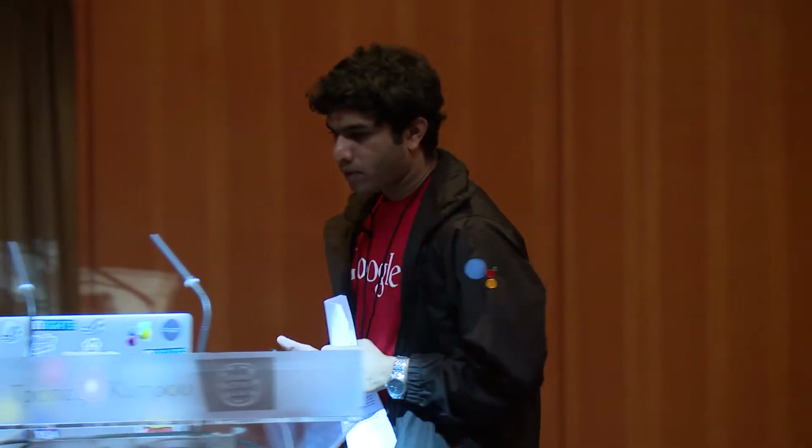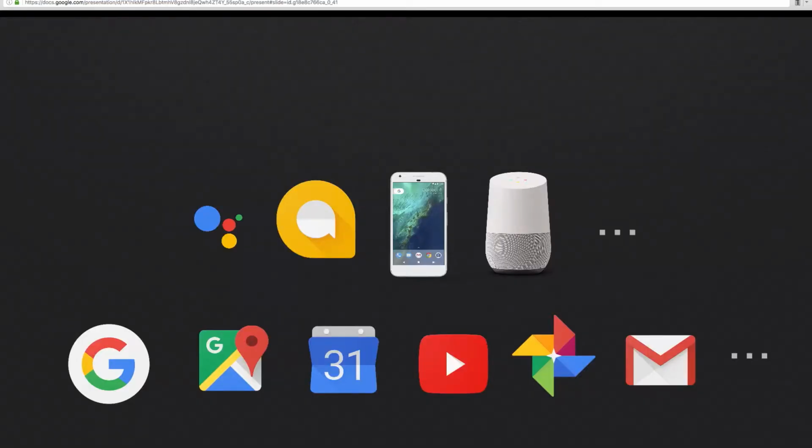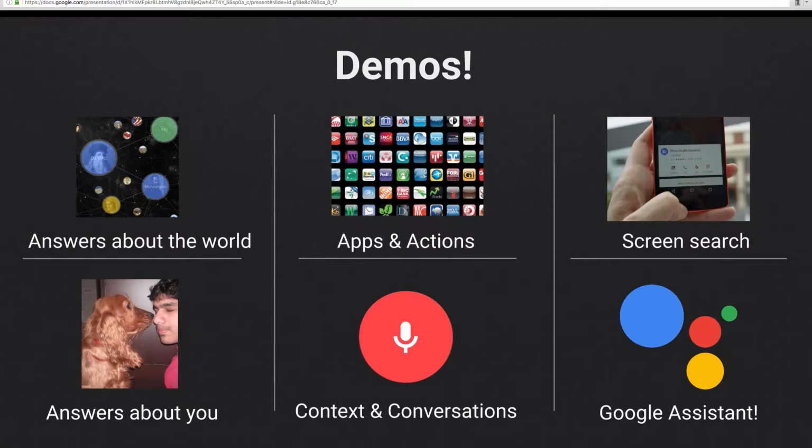I now want to show you demos of the assistant on two of the surfaces that we've already launched. One is the Allo messaging app, and the second is on the new phone, the Google Pixel phone. And I'm going to show you what core technologies came together in building the assistant. So let me just make sure this phone is reflecting. I'm going to first show you the demos on the Google Pixel phone. So let me just set this up for you guys.